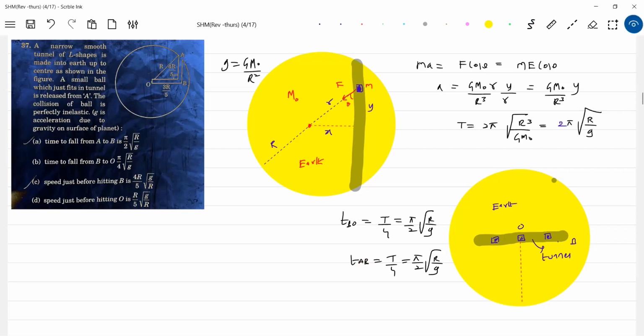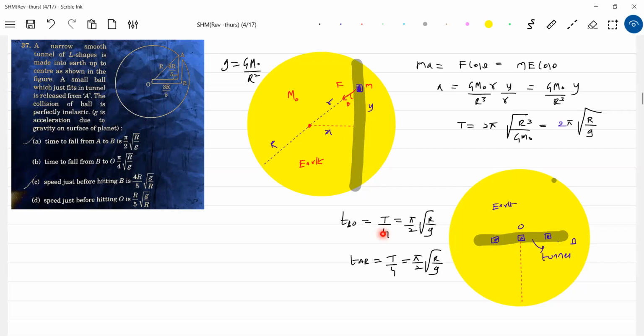But we have some inelastic collision. As the particle moves, it will collide inelastically and come to rest. Then again the gravitational force will act and make the particle move. So what type of motion is this? It will be accelerated motion, the speed will increase, so it will collide. Kinetic energy it will lose here. Now it has come to instantaneous rest. Again the gravitational force field will act and it will accelerate. Then if the tunnel were extended further, like in the problem, it would execute SHM. Since it is asking the time taken to move from B to O, it will be this one.